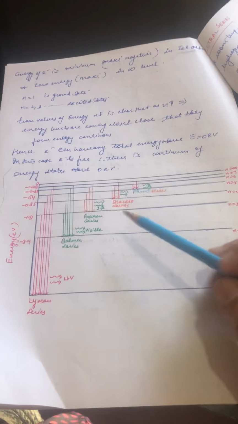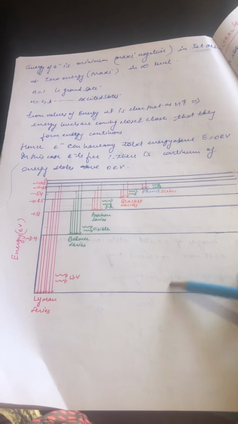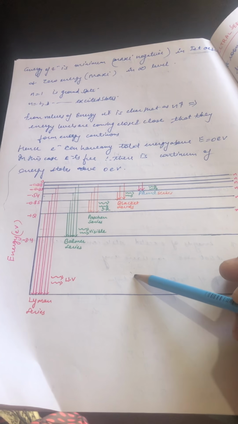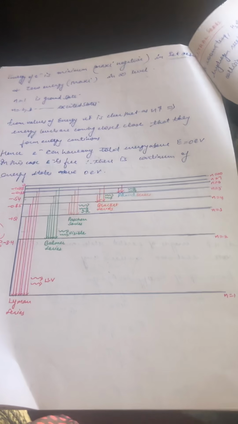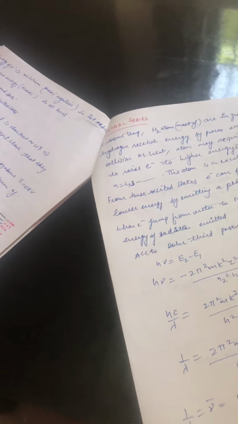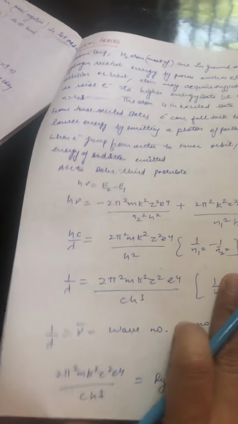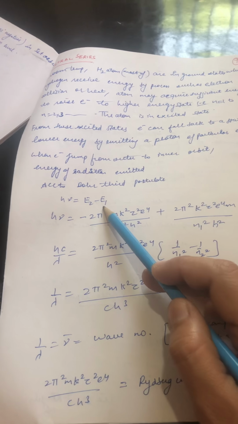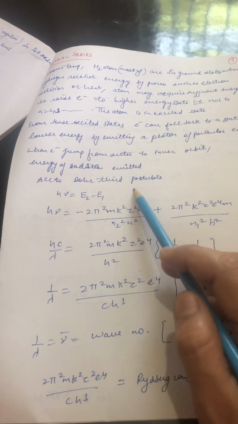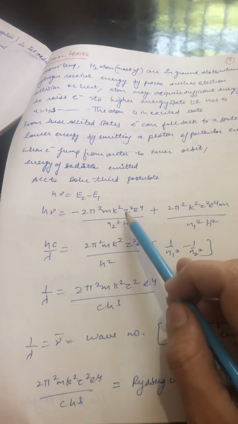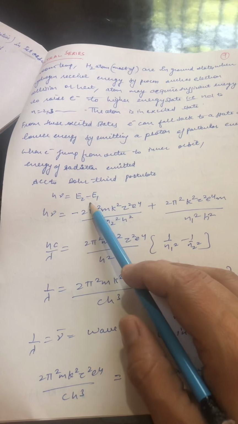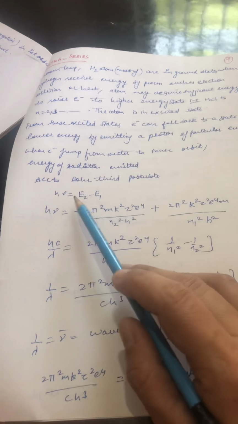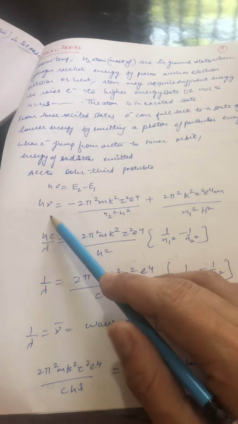So this diagram they have drawn. For seeing this diagram, first of all we need to see the page which is adjacent to it. So please see this page. This is the spectral series in the hydrogen atom. As we know, whenever an electron jumps from some higher energy level to a lower energy level, a photon of energy h nu will be emitted. This is called Bohr's third postulate. We have covered it in the postulates also.